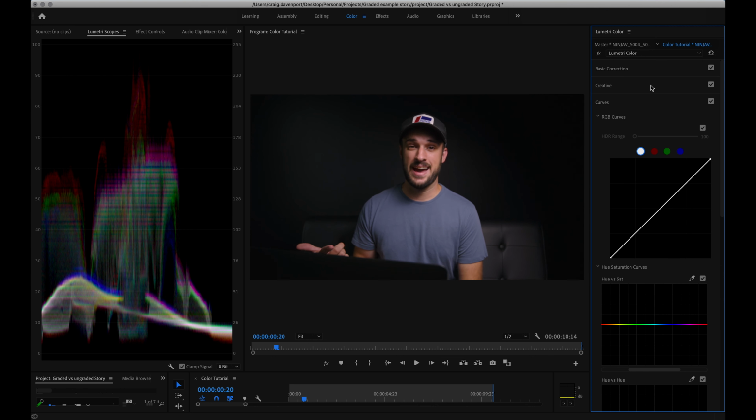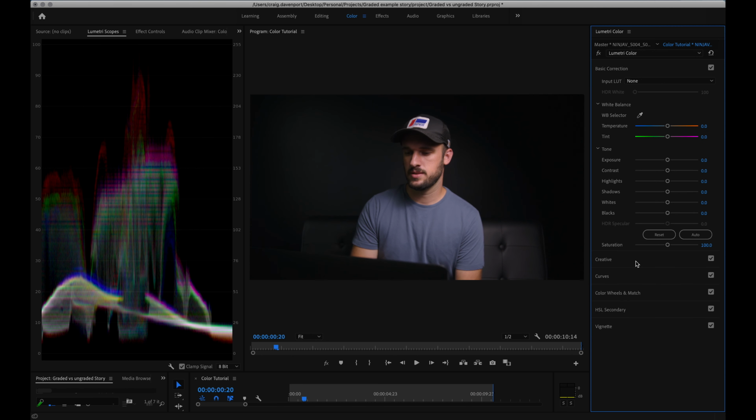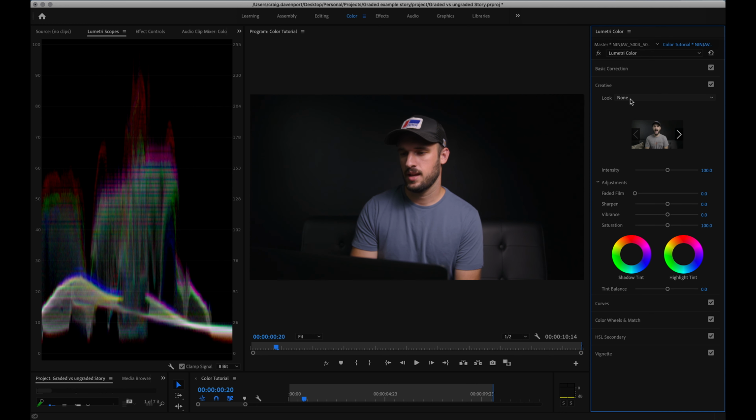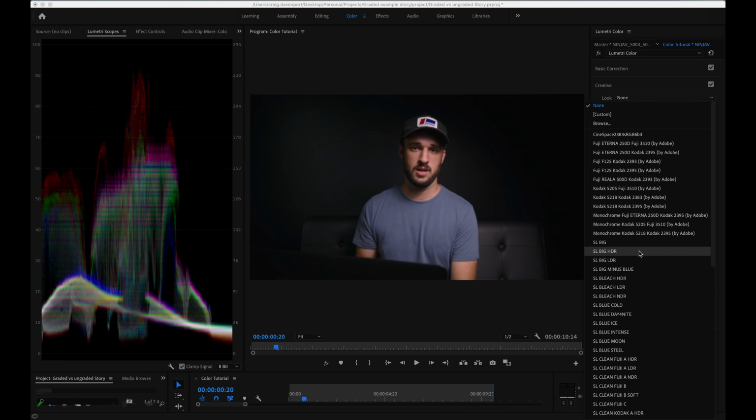One way to really fast track your color adjustments is by using LUTs. Now, I'll show you how to use a LUT as well as how to still grade without using a LUT. Let's start with applying a LUT. So go down to your Creative tab, click that, and under your look here, you can select one of the LUTs that Premiere has installed already, or you can select your own if you've purchased one or if you've created